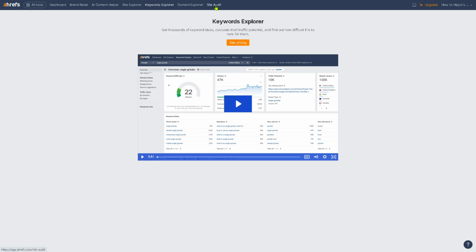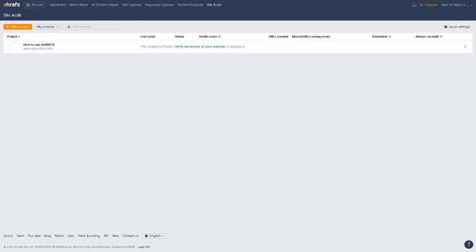And then obviously the Site Audit is going to be one of the best tools so that you can crawl your website and identify technical SEO issues. You just have to verify the ownership of your website to activate it. Because with this, you can find broken links, duplicate content, slow pages, and indexing issues, which you can use to improve your site's technical health and